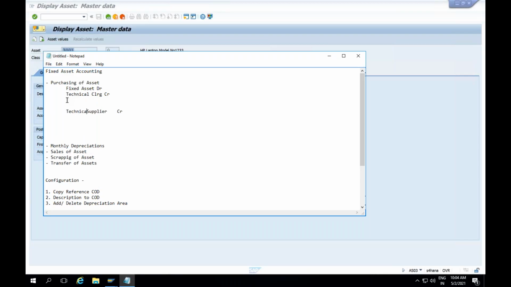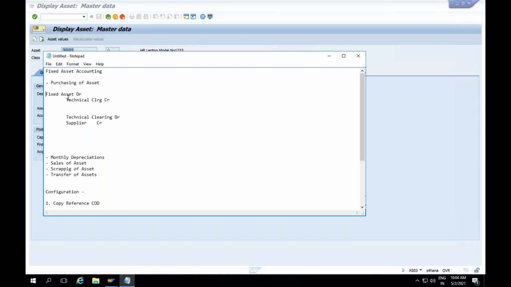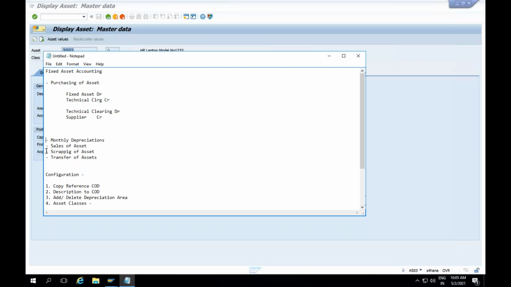technical clearing account debit to supplier credit. So what is happening is it is just splitting. Ultimately, the posting is same, fixed asset account to supplier. Technical clearing account, whatever will be the value here, that will get debited and credited. Ultimately, it will become zero. But still from the technical clearing side, this account is required. Without this account, you will not be able to post. So these are the postings the system will generate at the time of purchasing the